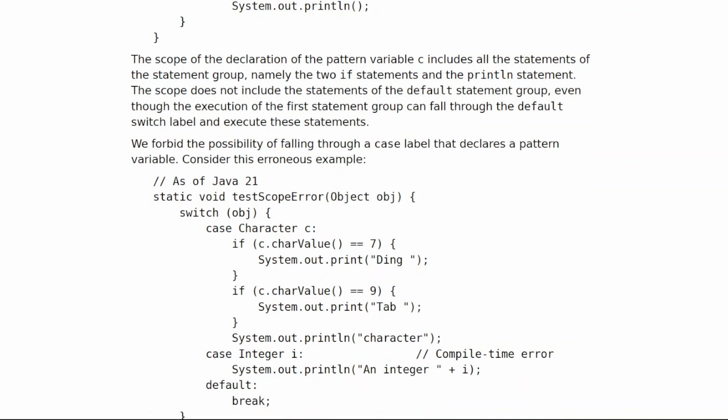Consider this erroneous example. // as of Java 21. static void testScopeError(Object obj) { switch (obj) { case Character c: if (c.charValue() == 7) { System.out.print("Ding "); } if (c.charValue() == 9) { System.out.print("Tab "); } System.out.println("character"); case Integer i: // compile-time error System.out.println("an integer " + i); default: break; } }